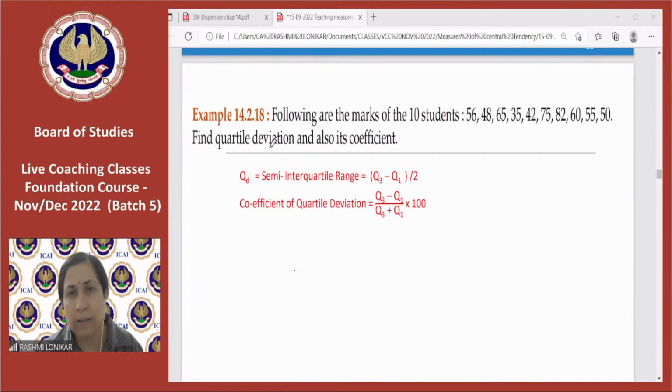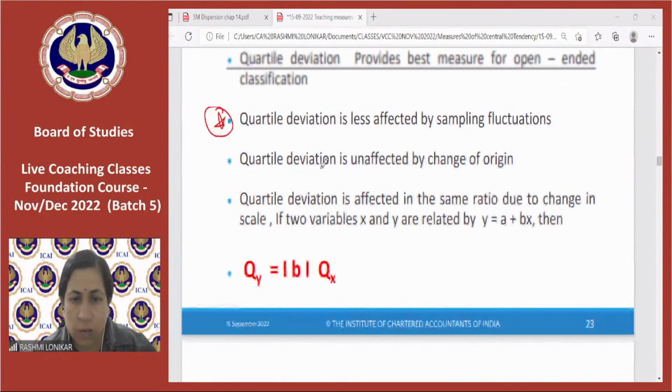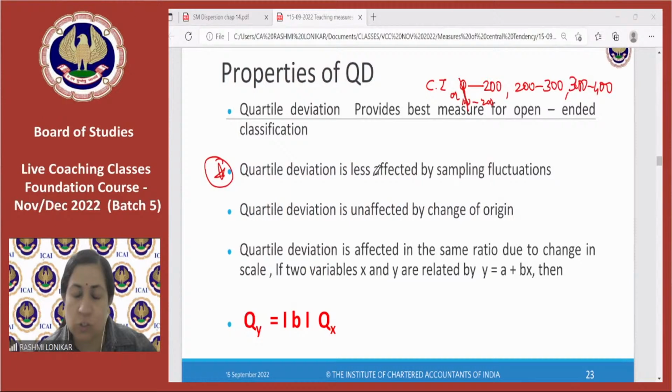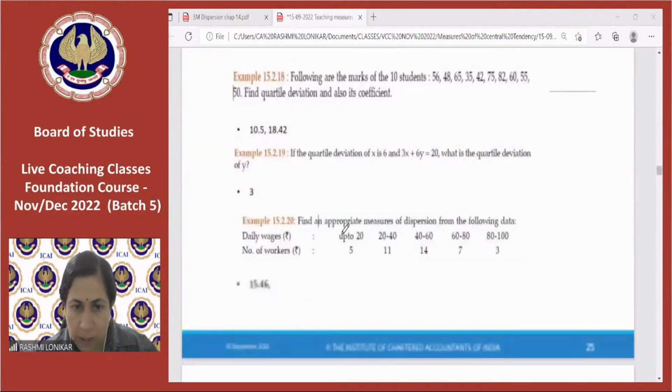Now, because this is a positional measure, Q2 coincides with the median also. It is also useful for open-ended distributions. It is less affected by sampling fluctuations. It is unaffected by change of origin, but is affected by change of scale. Okay, so let us do